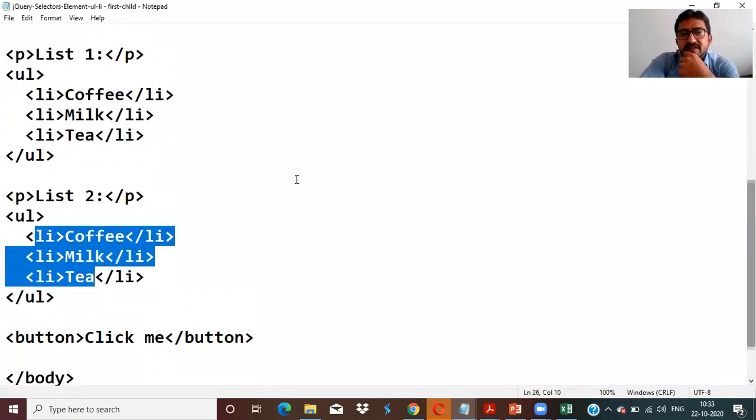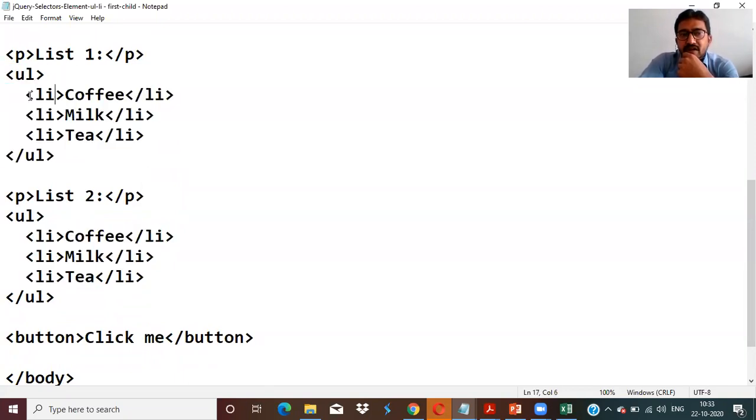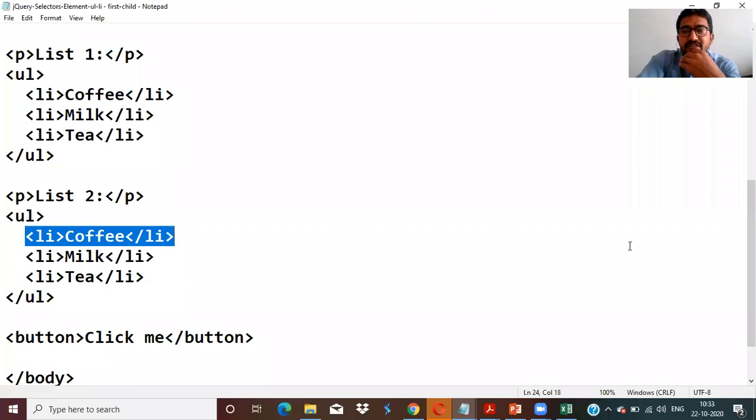Now what my target is, I need to hide the coffee in this UL and the coffee in this UL. All the first items in those unordered lists I need to hide. I repeat, in this unordered list, I need to hide the first element, and in this unordered list, I need to hide the first item as well. So in both unordered lists, I need to hide the coffee, and the rest, milk and tea, have to display.